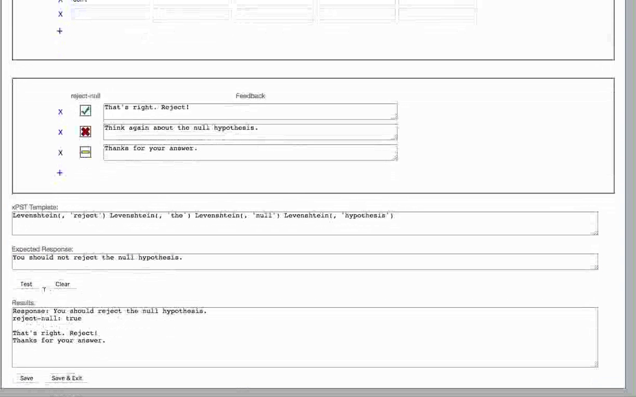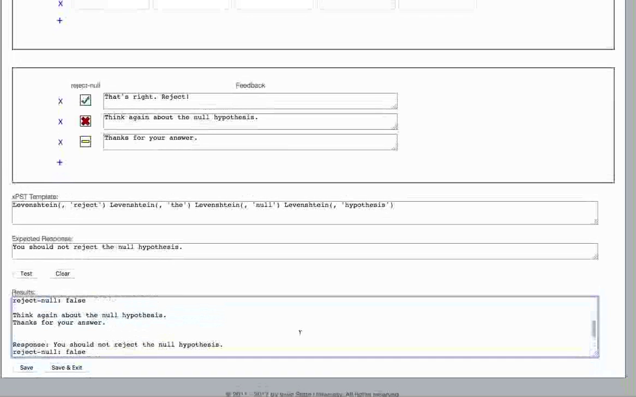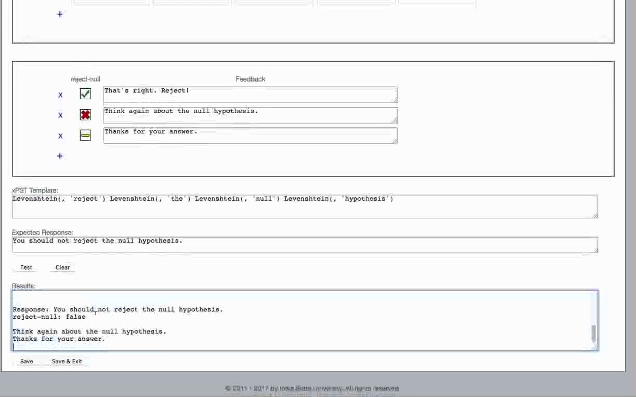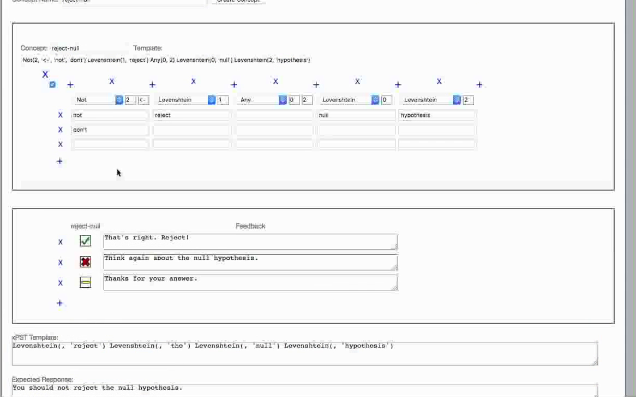And here, you should not reject the null hypothesis. It says, thanks for your answer. You should think again about the null hypothesis. Okay, it just took a while to register there. So as we're